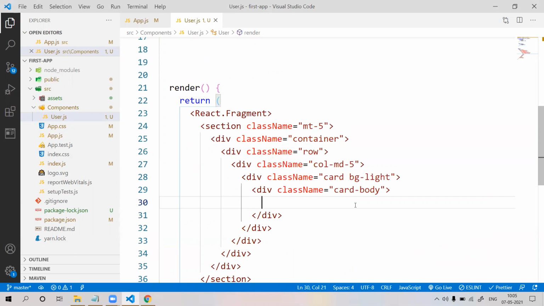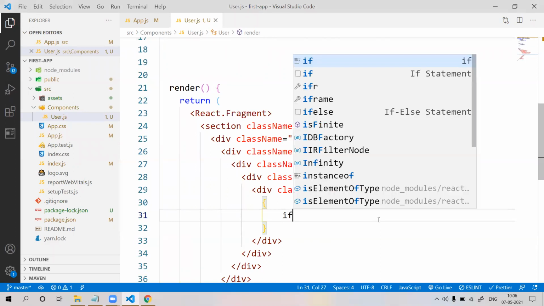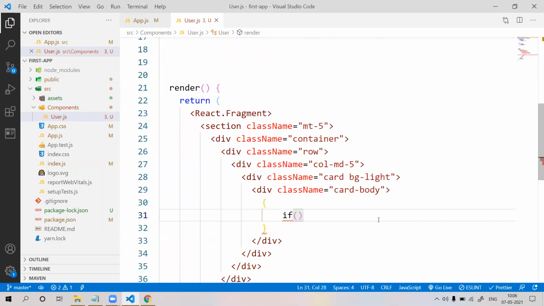Whenever we make any condition, we make it inside curly brackets. Inside curly brackets we can make any condition, like we are going to put if this, if not, like that. What is this, expression expected?